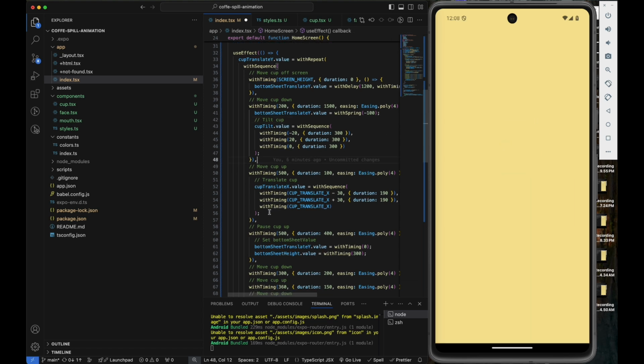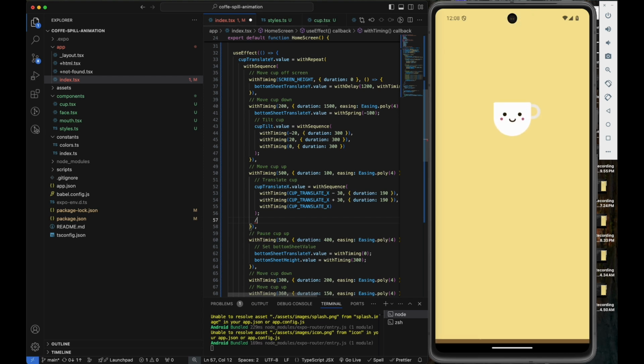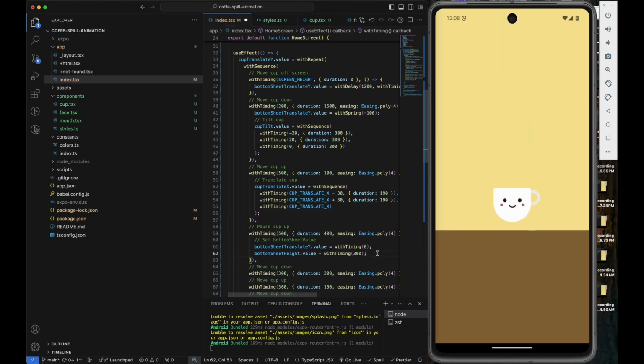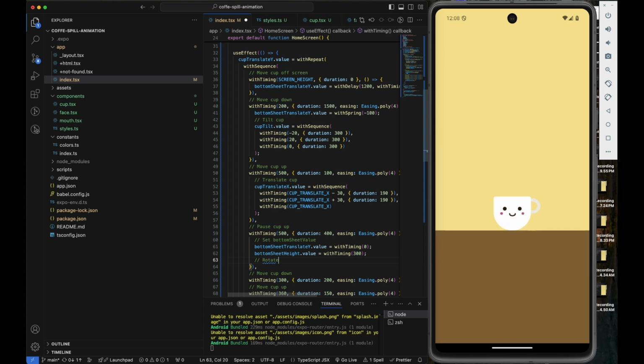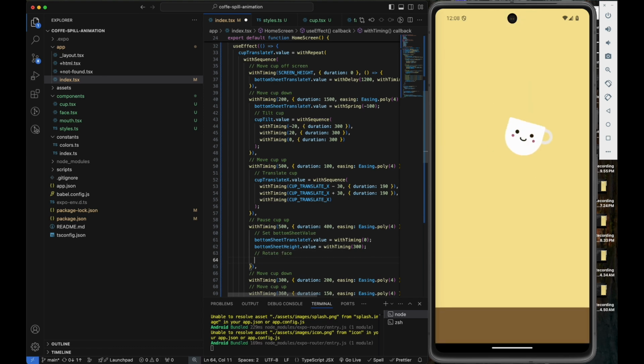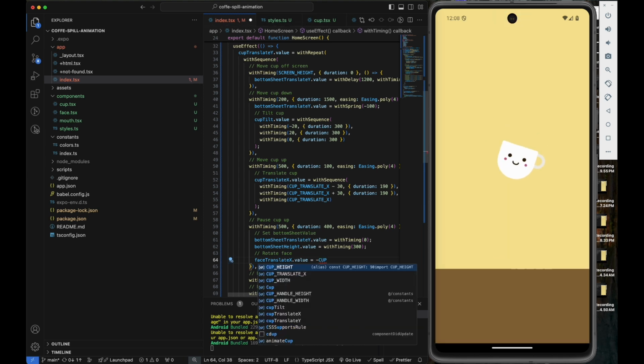So next we need to come here where the cop is posing, where we are posing the cop, and that's where we will, in fact it's down here, and that's where we will need to rotate the face. So we come down here and then we go face translate x dot value will be minus cop with